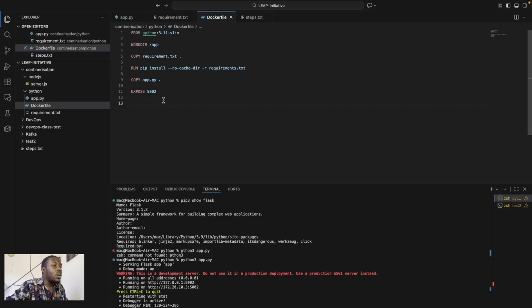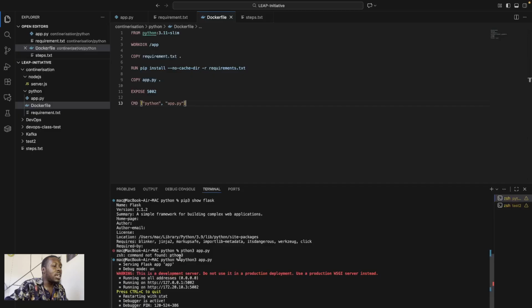So now what is the final thing? Exposing the container port is unique to containerization, because the application is inside a container. So we need to expose like a door into that container so that we can access the application in that container. So now what will be the last command that we will run? The last command will be CMD. CMD is the command. So what is the CMD?